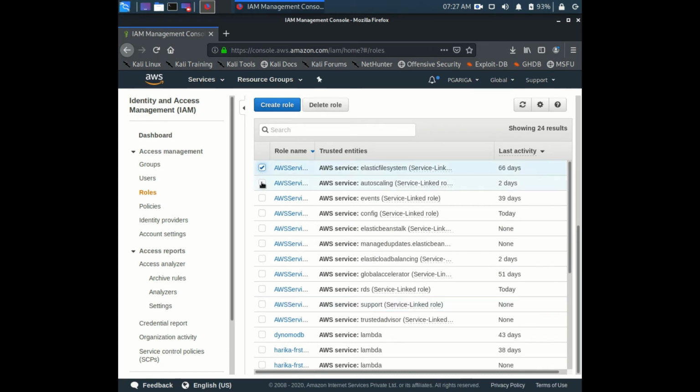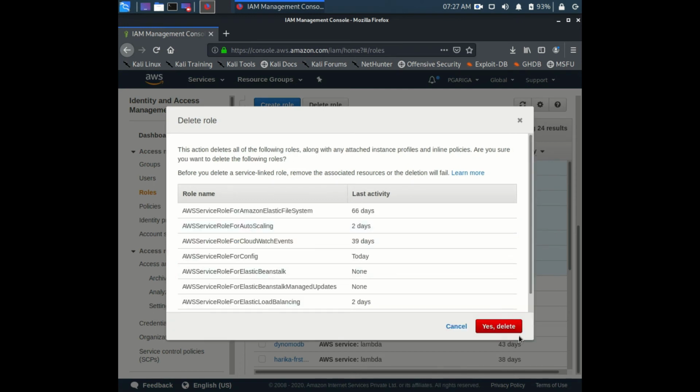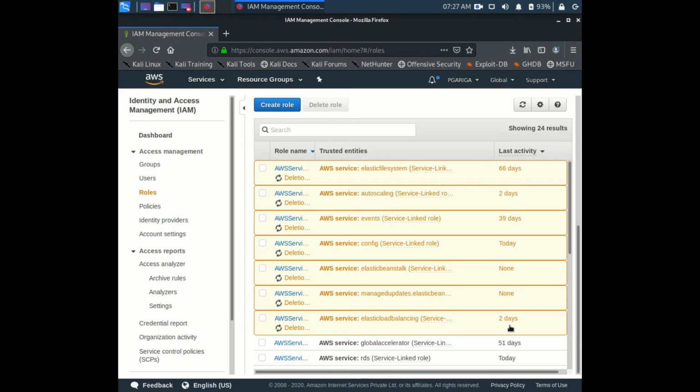Let me show you in the coming classes what those are. As of now, just remember that users are for user-specific access, roles are for machine-specific access. If you're familiar with Active Directory, it's like administrative access for users and administrative access for machines.